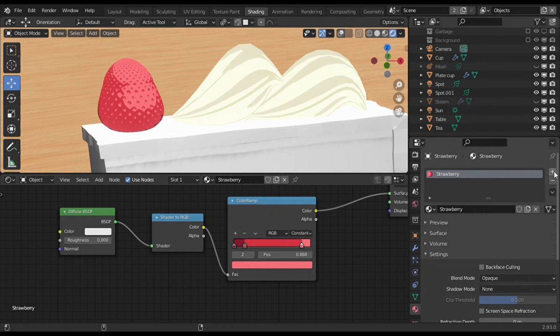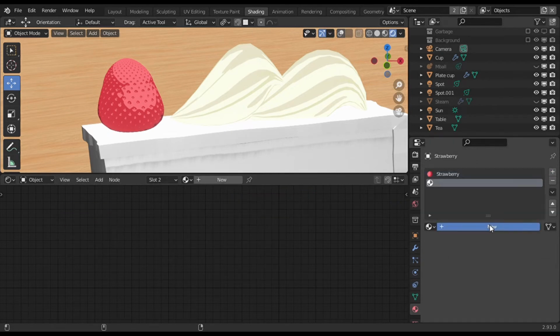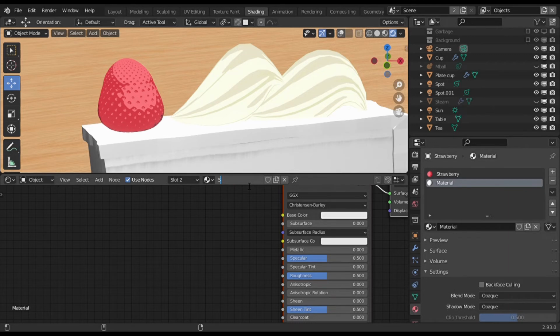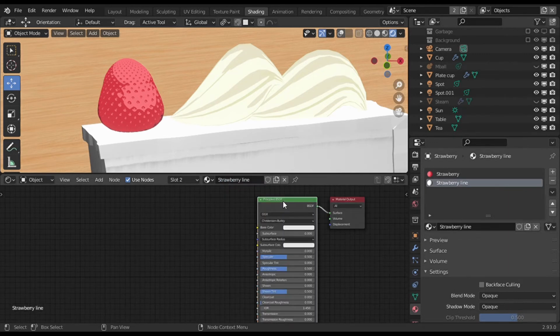I'm going to make a second material for the outline, and here's tip number 3, the order of the material slots matters in this case.